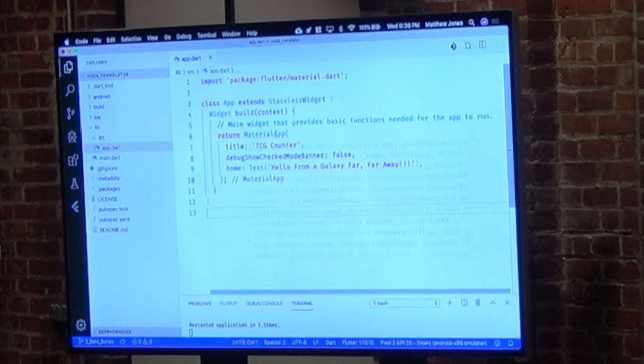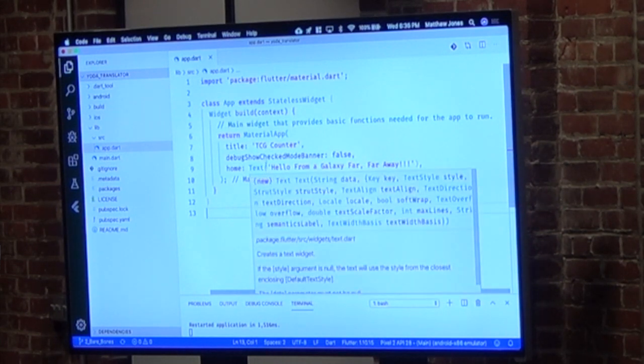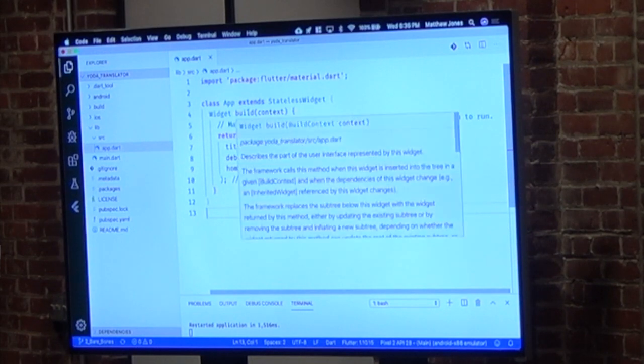And we're going to return that material app scaffolding, and we're going to give it a title. And this debug show check mode banner thing is just so that it gets rid of this weird thing that reminds you you're in testing mode, we don't care. And then for the home page, we're just going to return a text widget that says hello from a galaxy far, far away. And that text, like I said, is another widget. So we've got a widget that's being stuck inside of a widget that is essentially a widget.